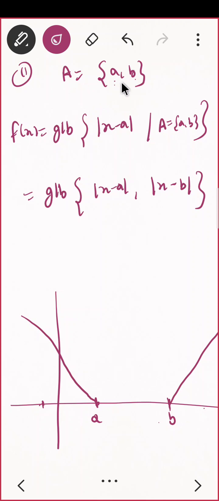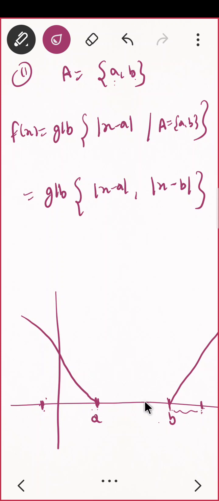If you are having two, that means you are having two people now. So now I just give you a hint that if my number is here, so GLB, that means distance from this number to A and from this number to B, the least value is this, so it will be just x minus a. So it will be the graph of mod only of this side. And same happens with this. If your number is here, so distance from this point to B and distance from this point to this E, GLB will be this one definitely. So it will be just a straight line from that.